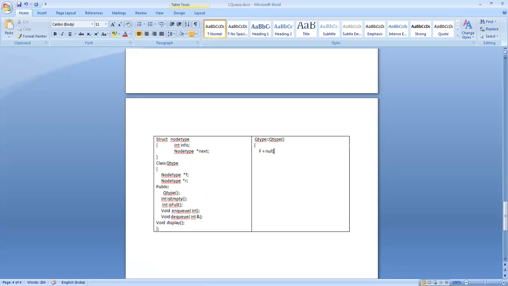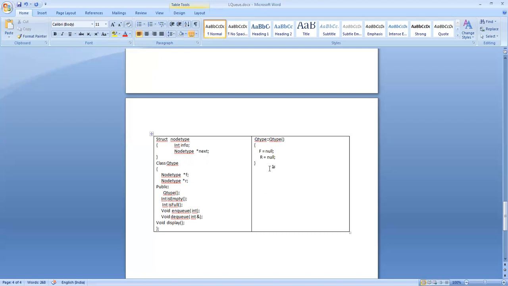Then I set rear equal to null. That's all. So the private and the external pointers front and rear are given some value.